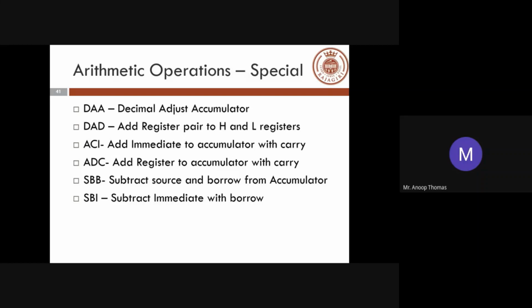Again, the borrow is getting involved. When B is involved, the borrow is getting involved. So this is basically used when you want to do repeated addition. This is basically used when you need to do repeated subtraction. You don't have a multiply command. You don't have a division command. So multiplication is usually done at the programming level using repetitive addition. So that is where you will be using these kinds of carry statements. You keep on adding certain numbers depending upon the requirement. So that's the idea, that's the usage of these arithmetic instructions.